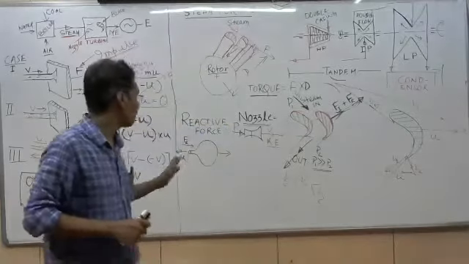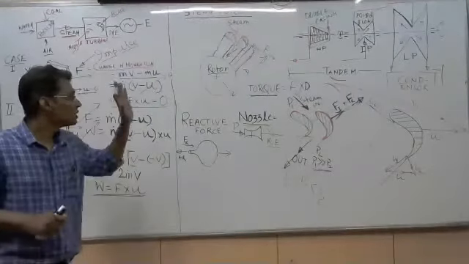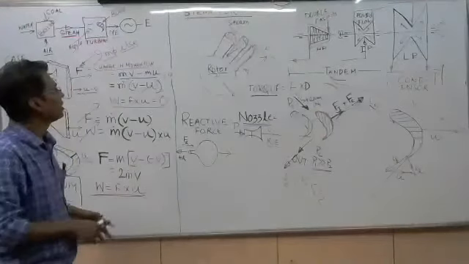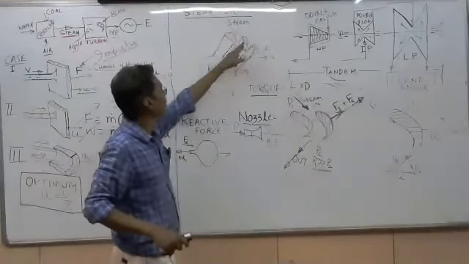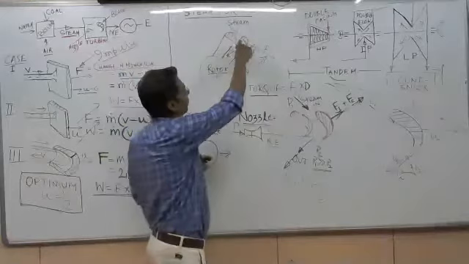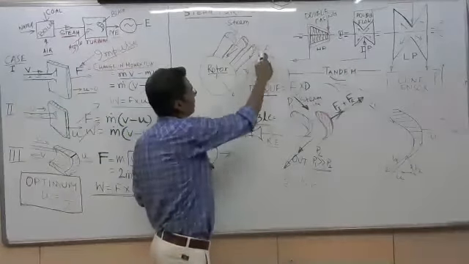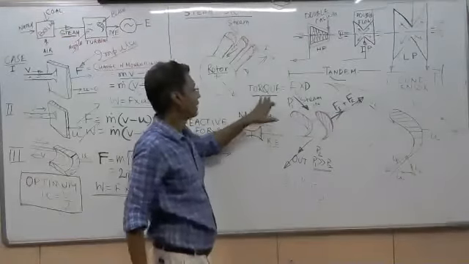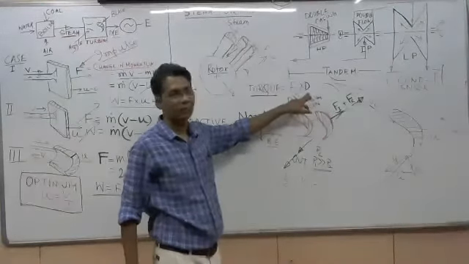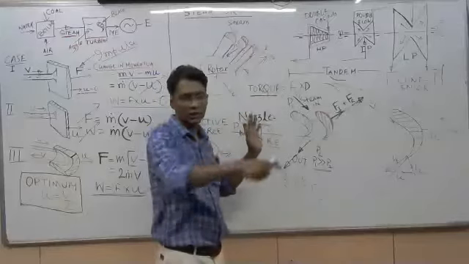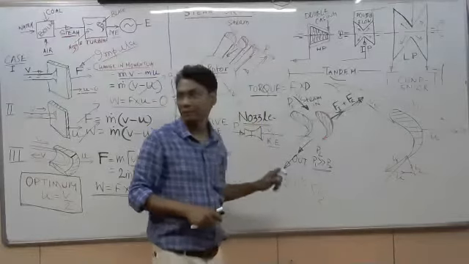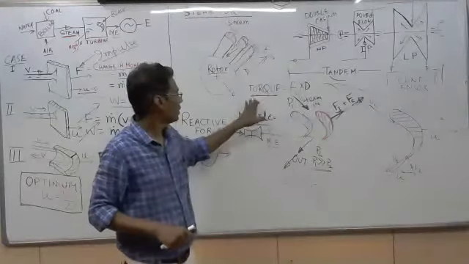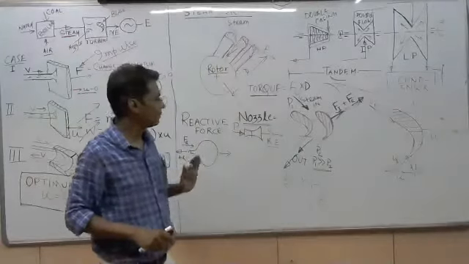So this is in short about the working principle of the steam turbine, how it is working. Suppose steam goes in and comes out. There is a force in this direction. Force multiplied by the center distance, the diameter, gives the torque generated, F into D. That is the torque which is causing the rotation of the steam turbine. So that is the working principle of the steam turbine.